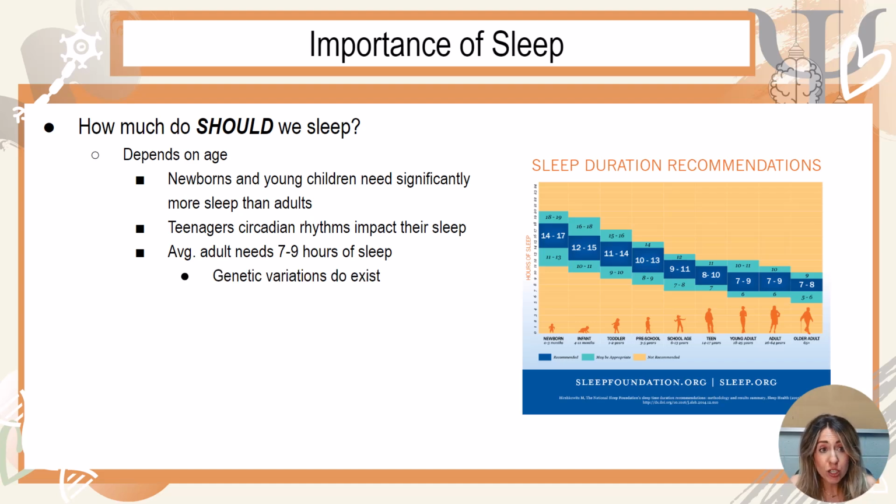There are genetic variations, and these are very rare, but there is about 3% of the population that they think has this short sleep gene. There are 3 different variations that could represent this gene, where you actually feel as good on 5 hours of sleep as others do on 8. Their sleep is more compressed and more consolidated. But before you think this is you and you only need to sleep 5 hours a night, it's definitely not you. 3% is a very, very rare, small percentage, and most of us need that 7 to 9 hours, or 8 to 10 as teenagers.